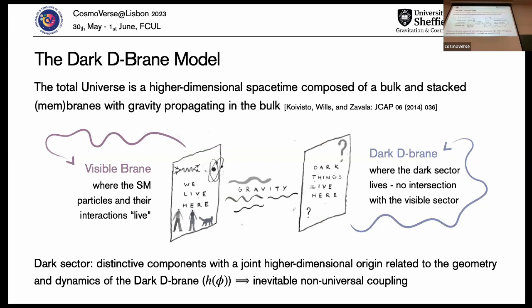Now these branes don't intersect, and then we have just gravity being the force propagated in the bulk. This means that the only way in which we would be able to detect these components would be through the gravitational effects, and that would explain why they don't interact electromagnetically, for instance, because the electromagnetic interaction would be in